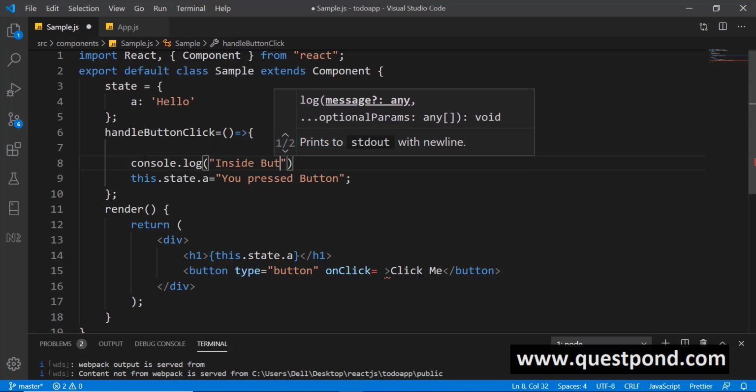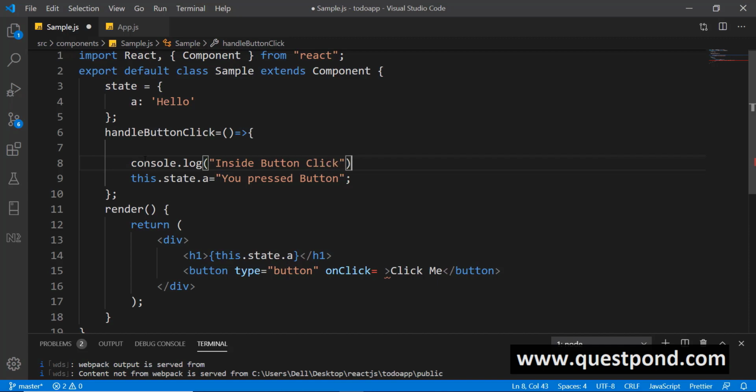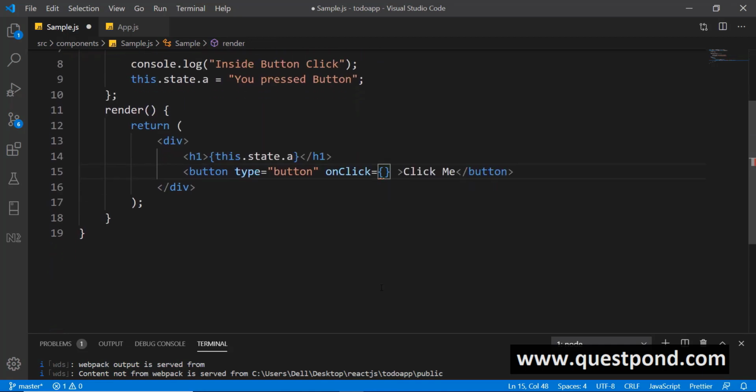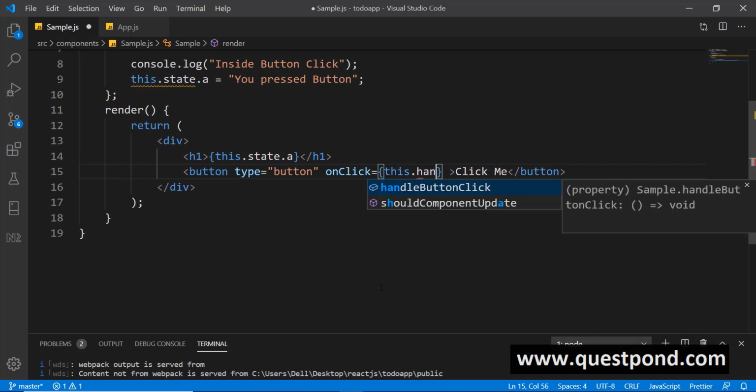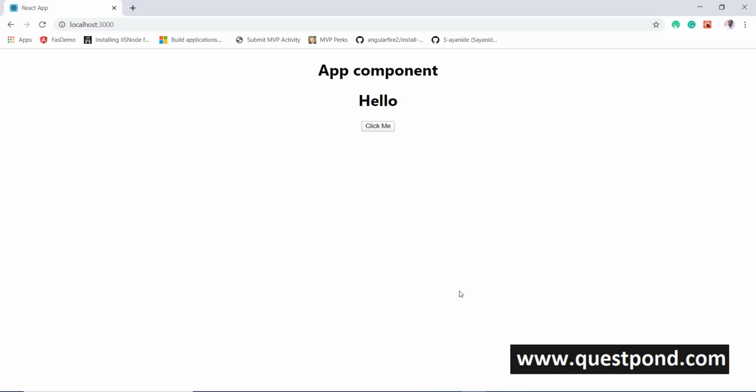And I'll also create a console log inside button click to display whether the click event is working or not. And now if I run the application, okay, before running the application I have to call that function over here. So again I'm using that JSX syntax, and I'll say use that handle button click. And now if I save the application and run it on my browser, I'll open up the console,